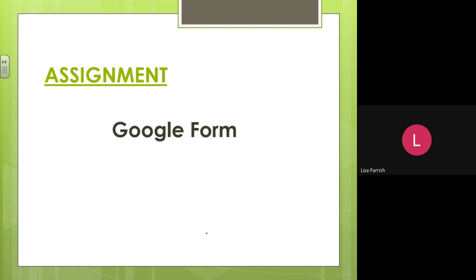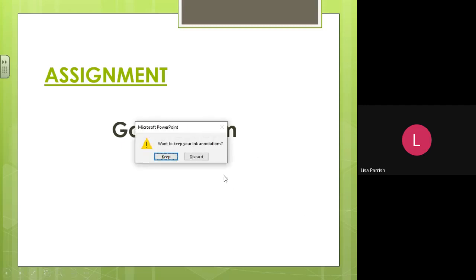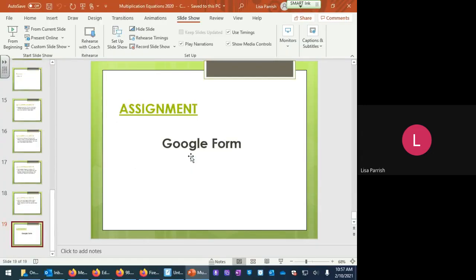You do have an assignment like you've had all week. It is a Google form. Please make sure when you are doing your assignment, just like you have on the other two equations this week, that you are showing your work using 5 lines and you submit a picture of your notes and your work to your teacher. As always, you can ask Mr. Harden or Miss Klein or myself questions if you have questions on any of this. Make sure you're reading the instructions, showing your work, and I hope everyone has a great